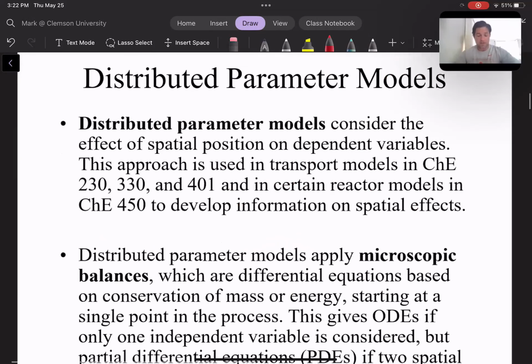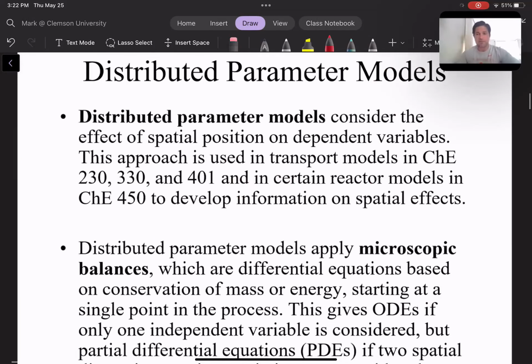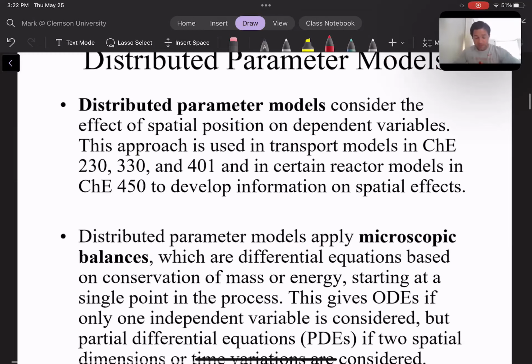Now, a distributed parameter model. In our class, we won't really discuss these or use these for process control because they're not as useful. But a distributed parameter model is one that considers spatial variations within the process. So this is going to include